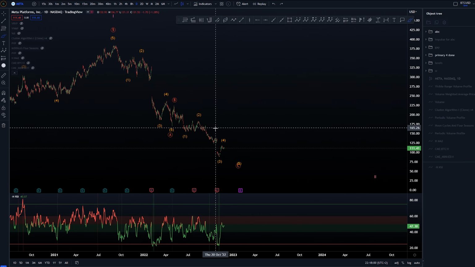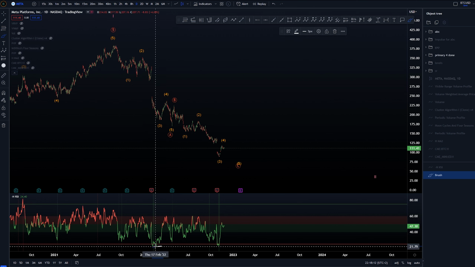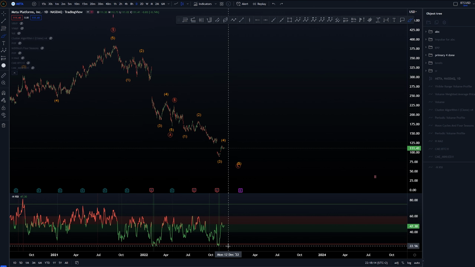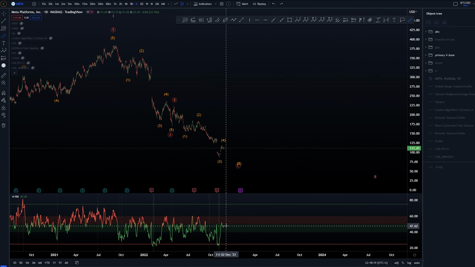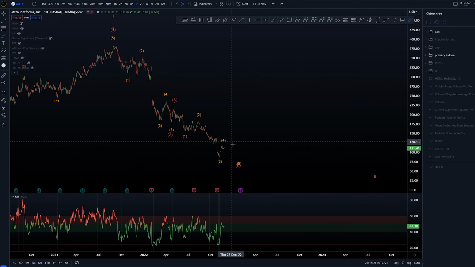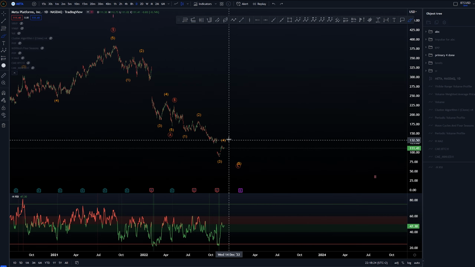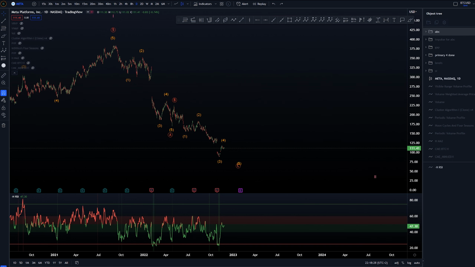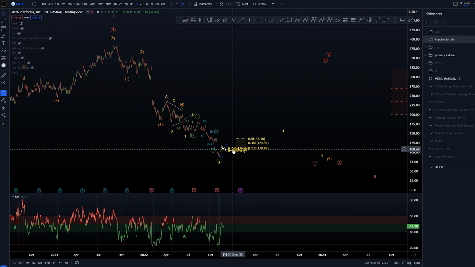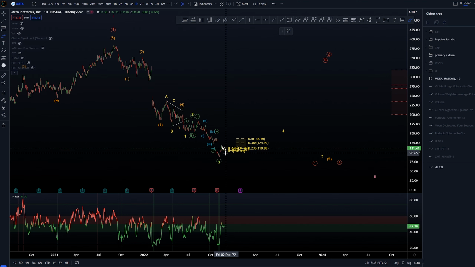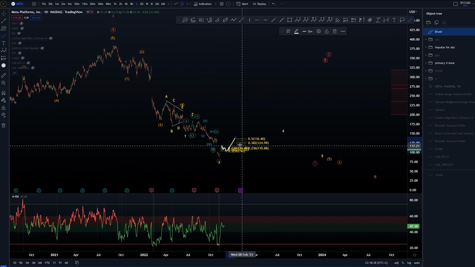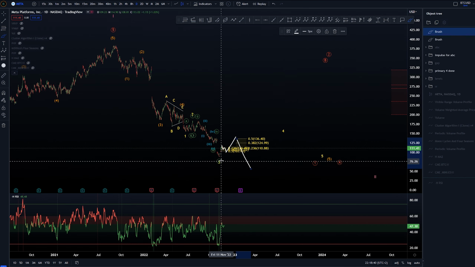Again, I would only look at this count if on daily we took out these lows here on RSI around 21.7. Of course, we could be setting alerts here, taking out these lows, and at that point again we would be looking for more bearish action, at least making one more low. But yeah, I think on both of these counts the expectation is at least one more low here locally. On this one again we would be expecting, or I guess on both we would be expecting one more high here before that drop down.